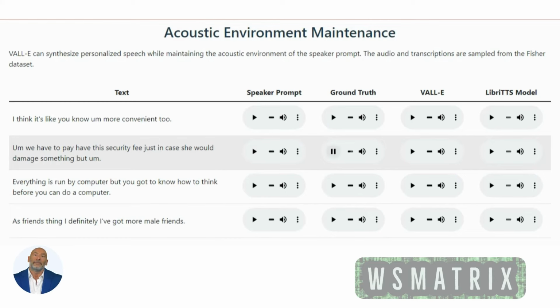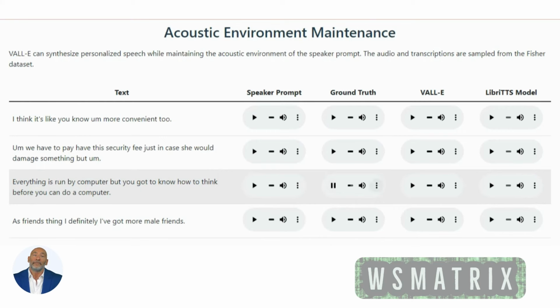We have to pay, obviously, a security fee just in case she would damage something, but we have to pay hazardous security fee just in case she would damage something, but we have to pay, obviously, a security fee just in case she would damage something, but we have to pay hazardous security fee just in case she would damage something, but this is where that line has been.